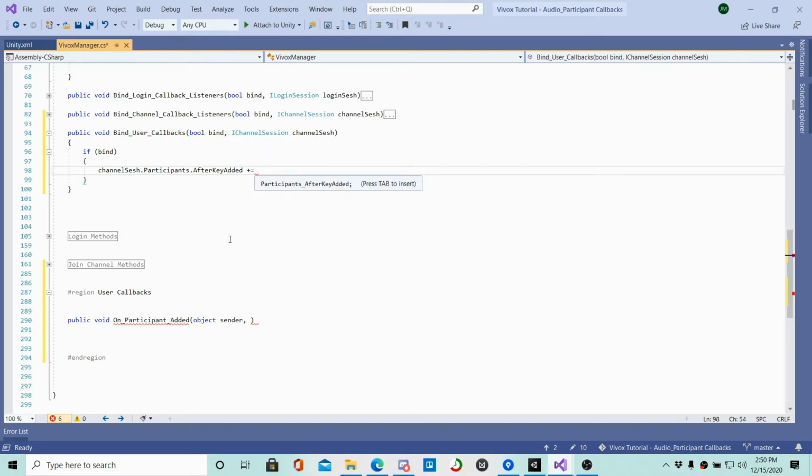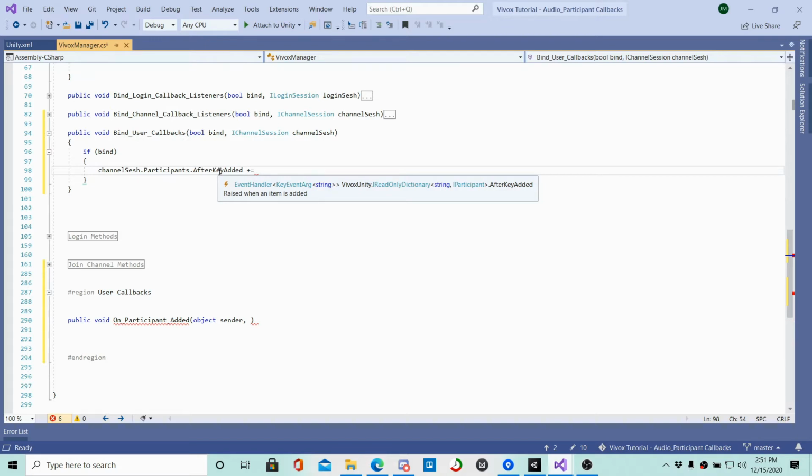And so this is where you find out what parameters you need to pass through the on participant added. So if you hover over after key added, you can see it says event handler key event arg string. So what we want is a key event argument that holds string data, and